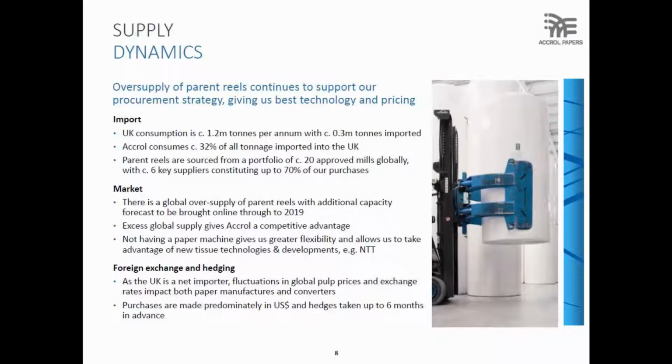Just in terms of our model, as you're aware, we're the biggest paper conversion business, we like to say, in the world that doesn't have a paper mill. That model we're still wedded to. In terms of UK consumption, 300,000 tonnes is imported each year, of which we are 1/3, and we basically source parent reels from across the world from a stable of, it's actually 22 mills now, and we use that commercial leverage to get the best deal, but we tend to trade with 6 or 7 at any one time to give us 70% of our